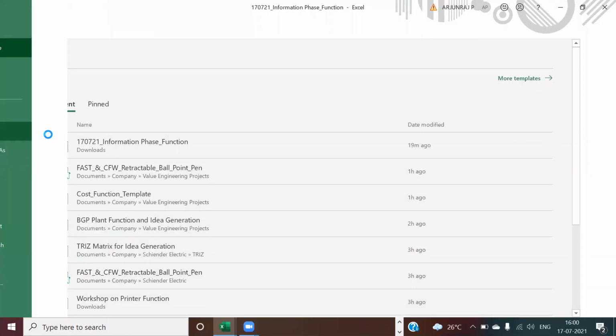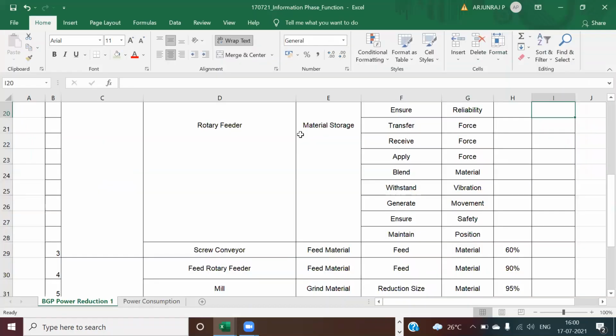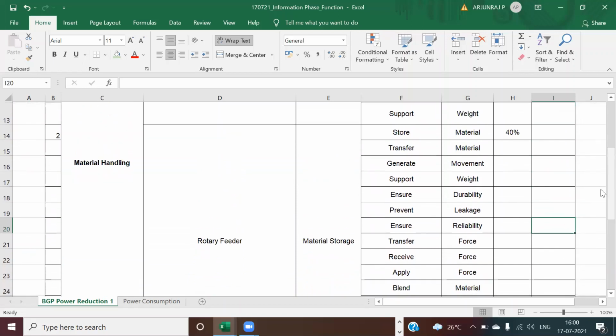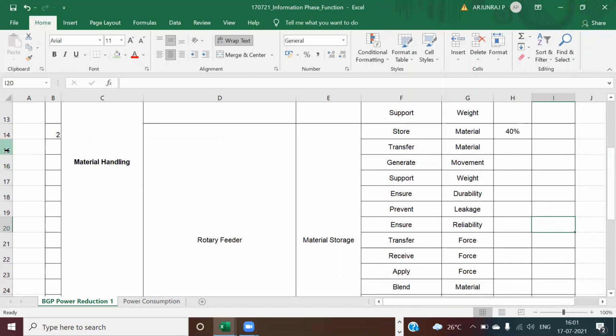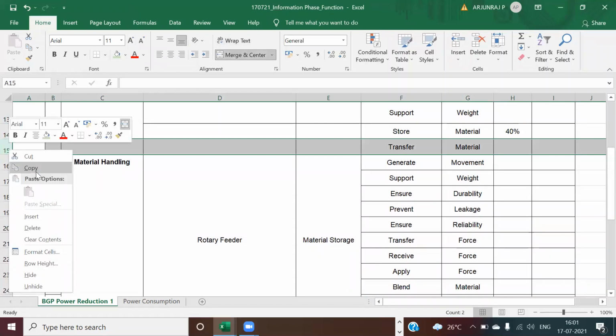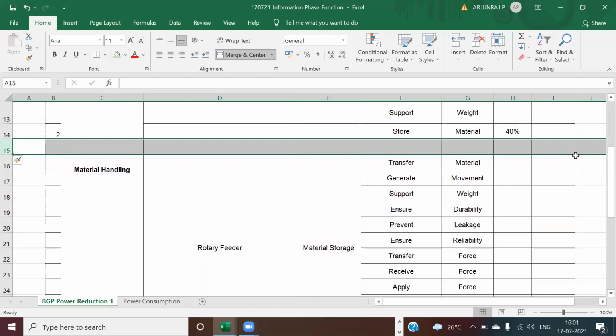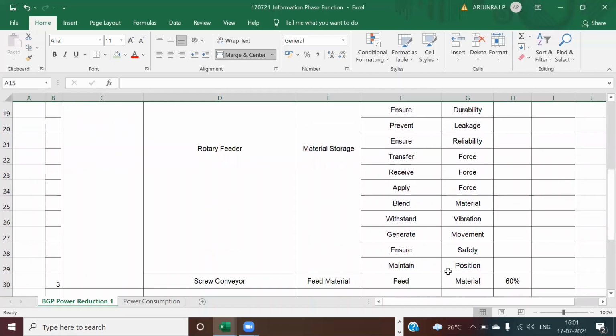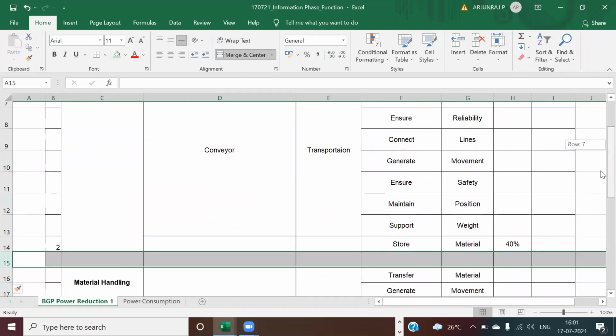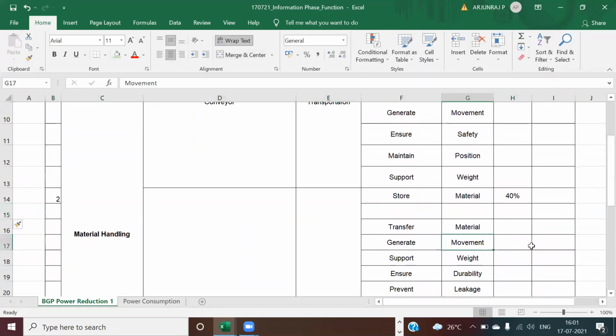Sir, the rotary feeder is also used for uniform feeding of raw material. We can use uniform feeding as a function. Uniform feeding is nothing but the sizing of the material, right? Anyway, we have mentioned the material point of view. We have mentioned blend material, and after blending, will it also cut the material to the required shape? Is it going to cut the material or not?